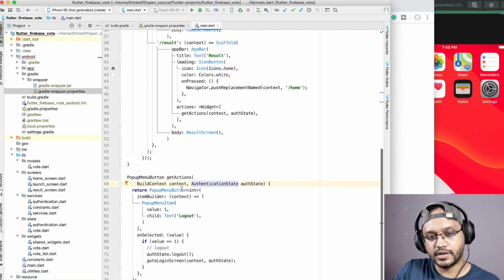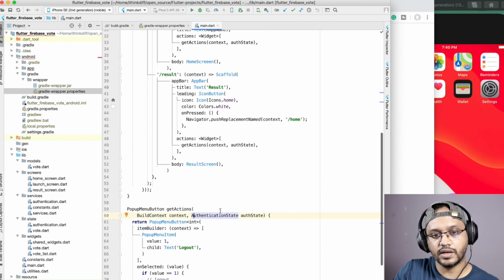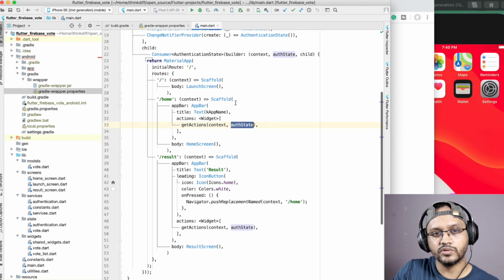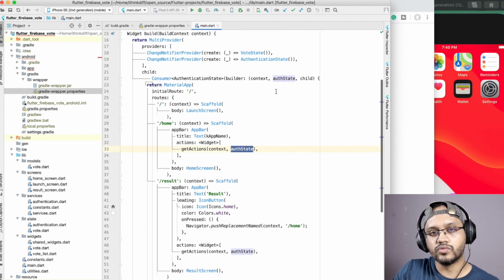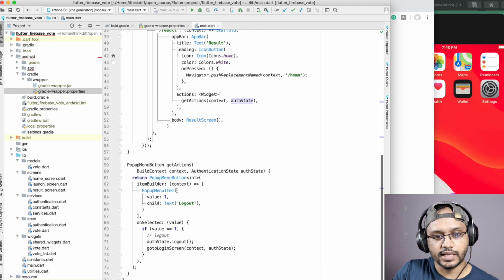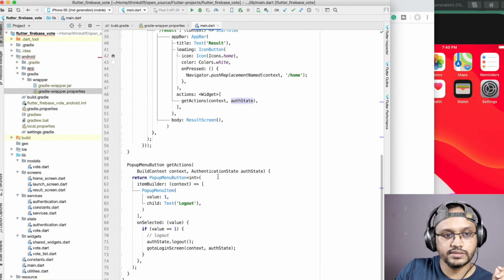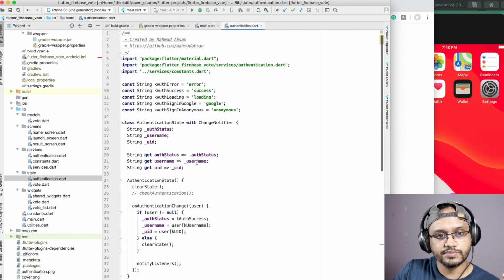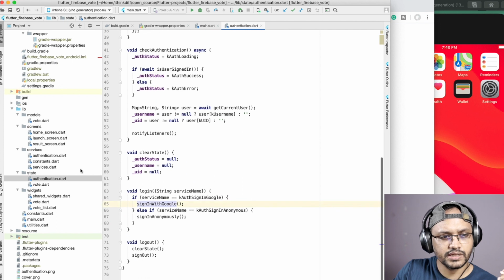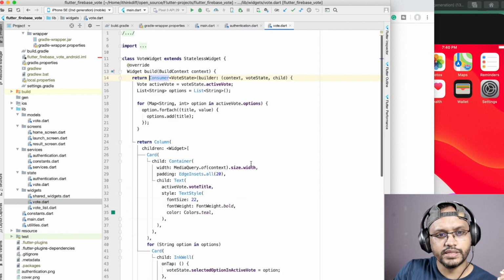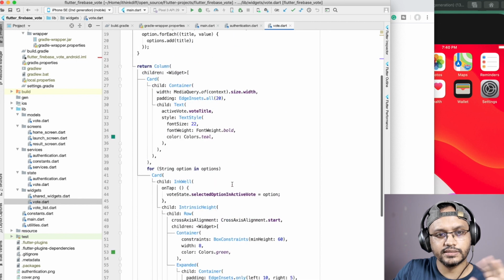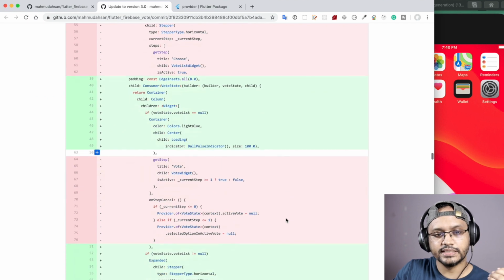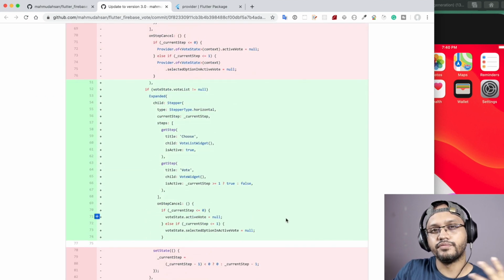I changed the function name. So I manually pass the auth state from here. There is get action called in here and in here. So I pass the auth state which I can access from here. Basically this consumer is the parent widget, and so then I can access the provider. So this is one major change. And if you check all my other code, you will see there are some changes here and there, especially if you check the widgets. If you check the widgets, you will see something is changed. All the changes you can see in this commit,